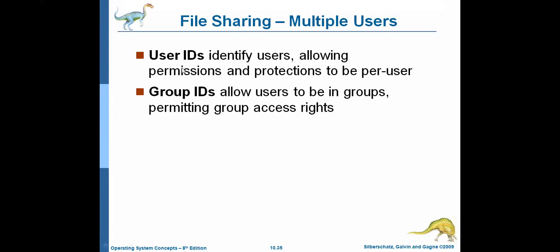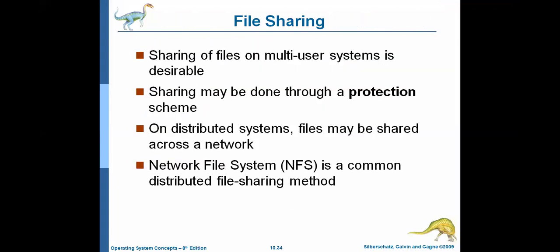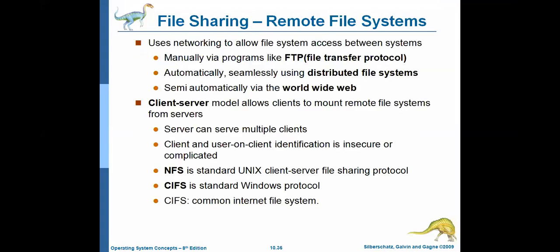Meanwhile, each and every individual has a user ID. That thing you need to know. The user ID is used to uniquely identify the user, so based upon the user IDs, we can give the permissions and protections for each and every user. And the group ID is an ID for a group of users, for group accessing. So user ID is for individual access, whereas group ID is for group access of a file.